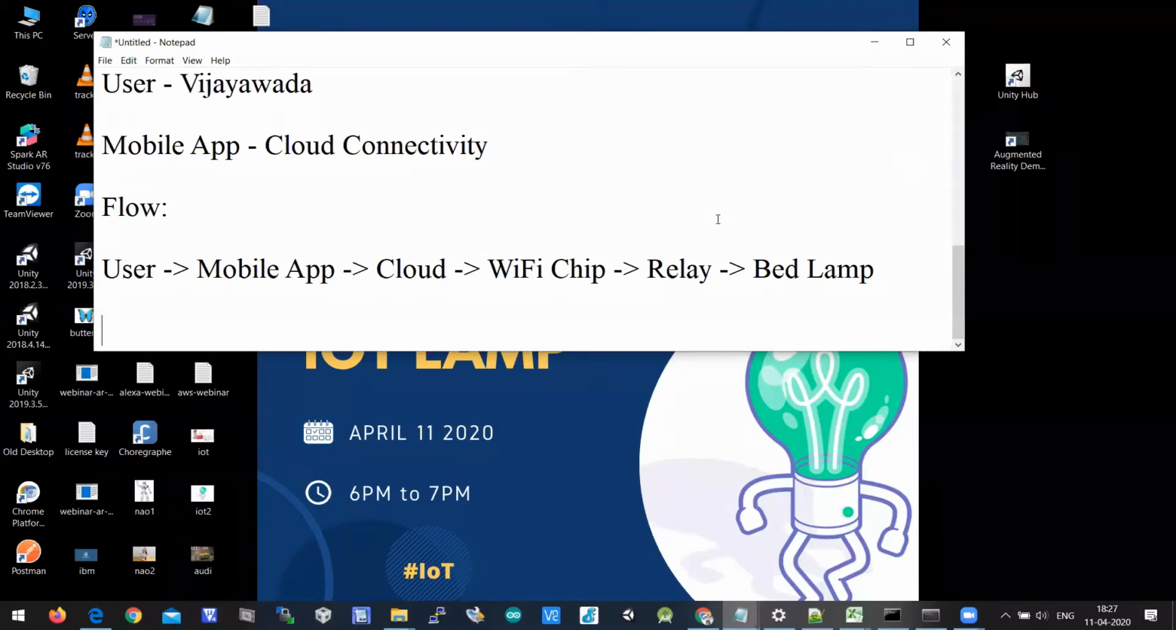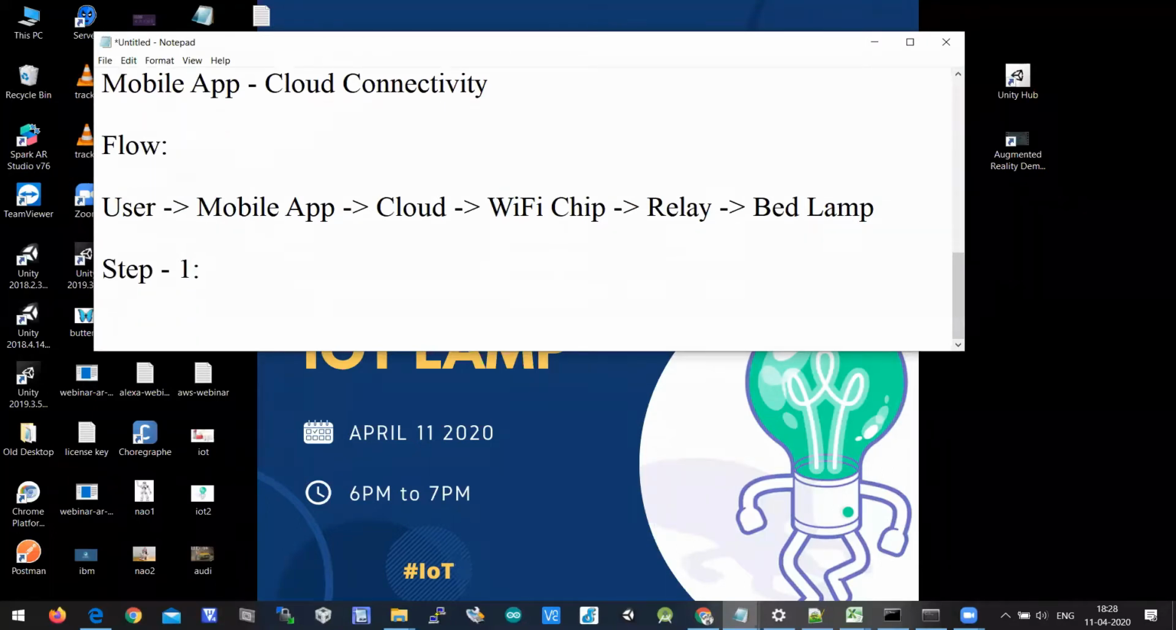I can simply use this flow and convert my bed lamp into an IoT lamp. So let's do that. I'll show you how. This video will be recorded. When you have a bed lamp, relay, Wi-Fi chip, and cloud, you can do the same process and easily convert your bed lamp into an IoT lamp. I'll tell you in steps. Step 1, you need to create